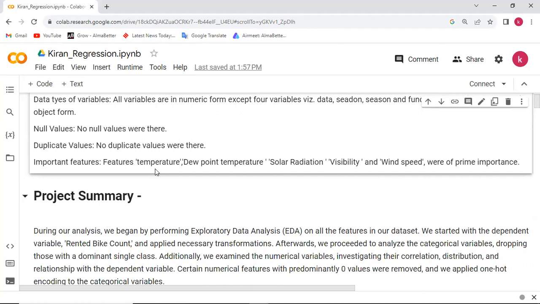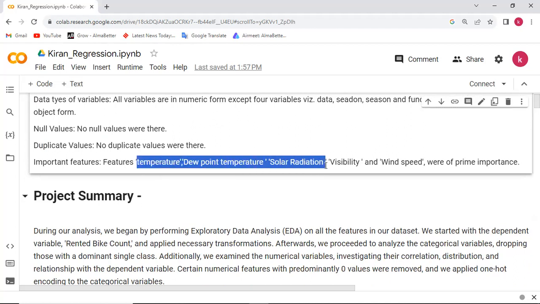And as we ran the correlation matrix, we came to know that some features, that is temperature, dew point temperature, solar radiation, visibility, and wind speed, are of prime importance, because our target variable is much more dependent on these variables.